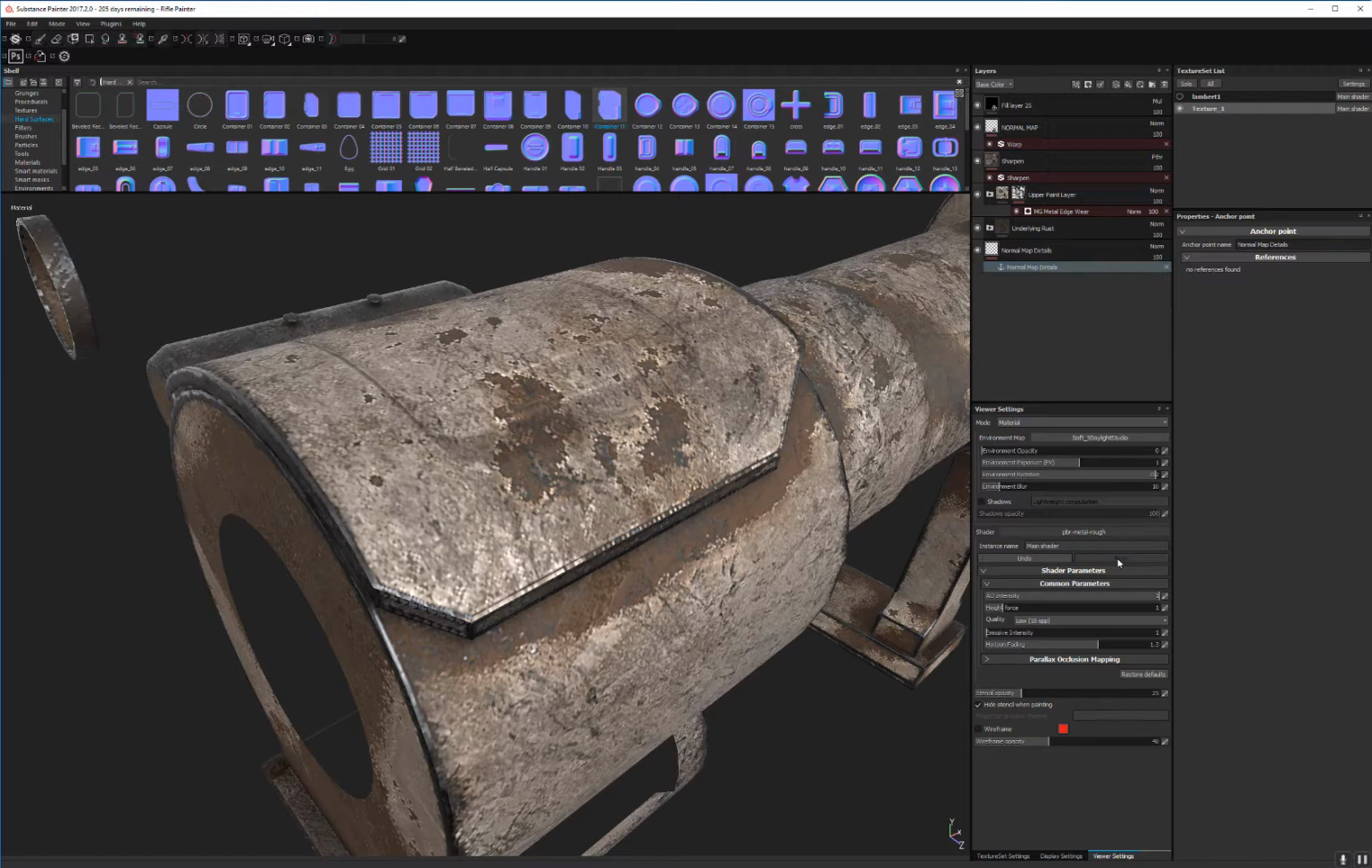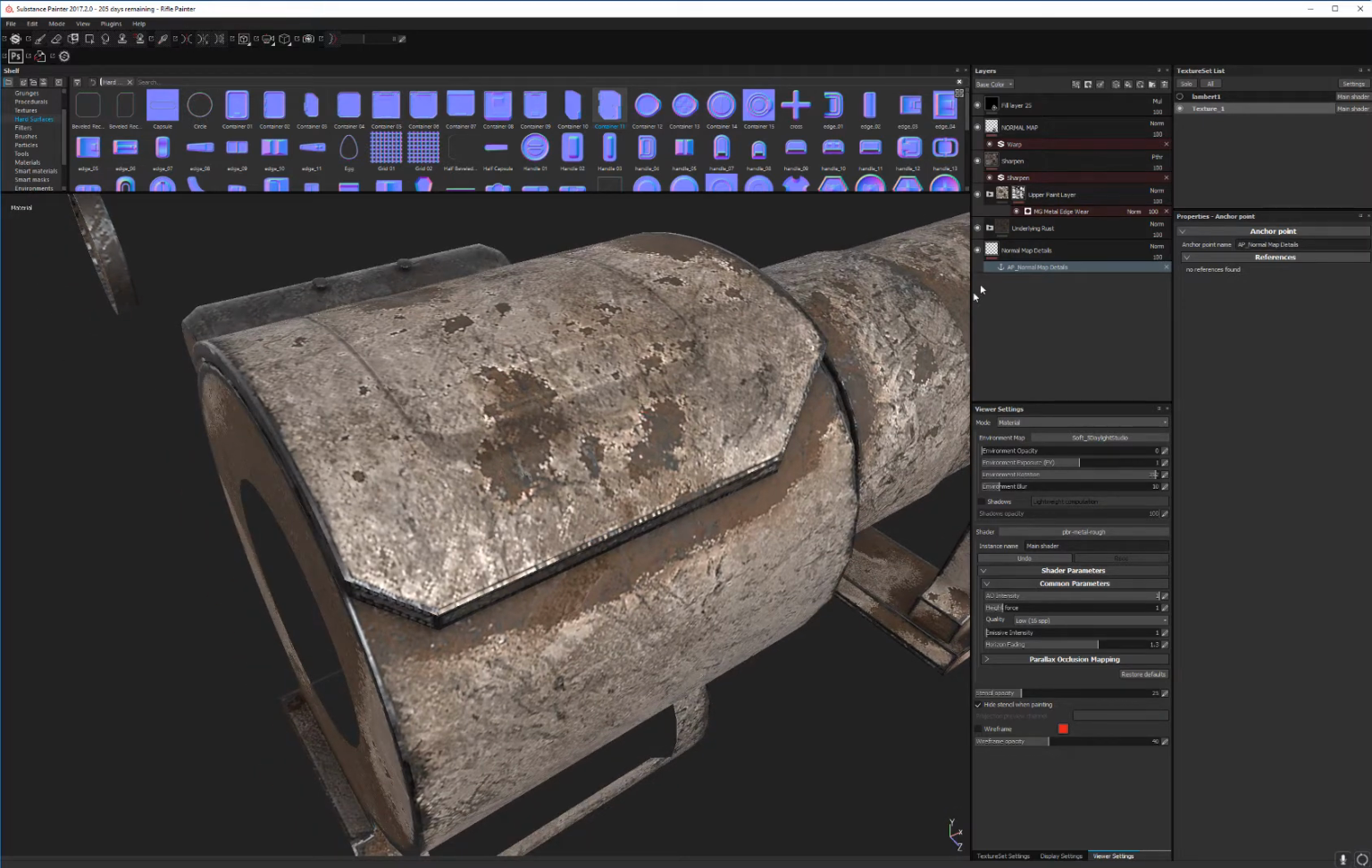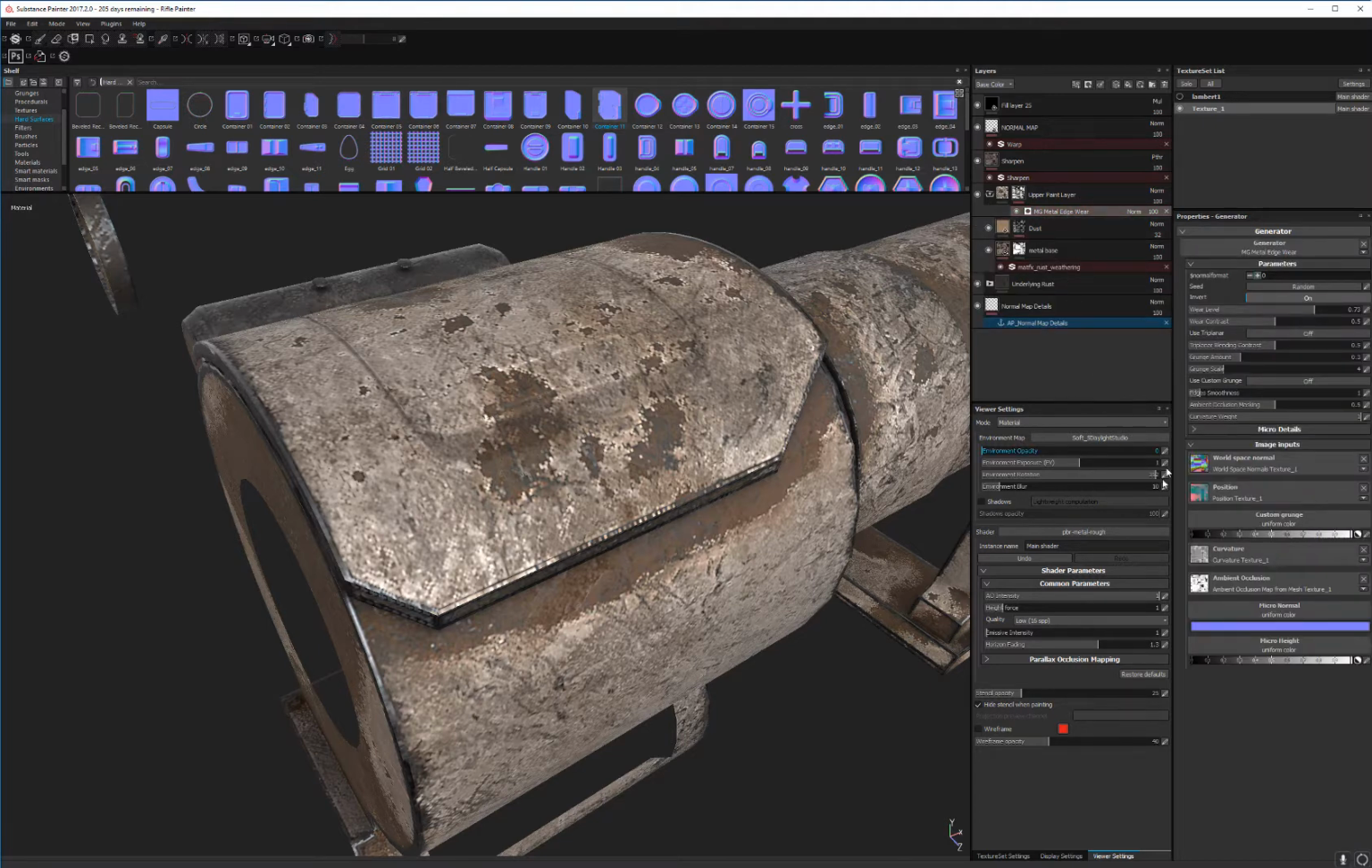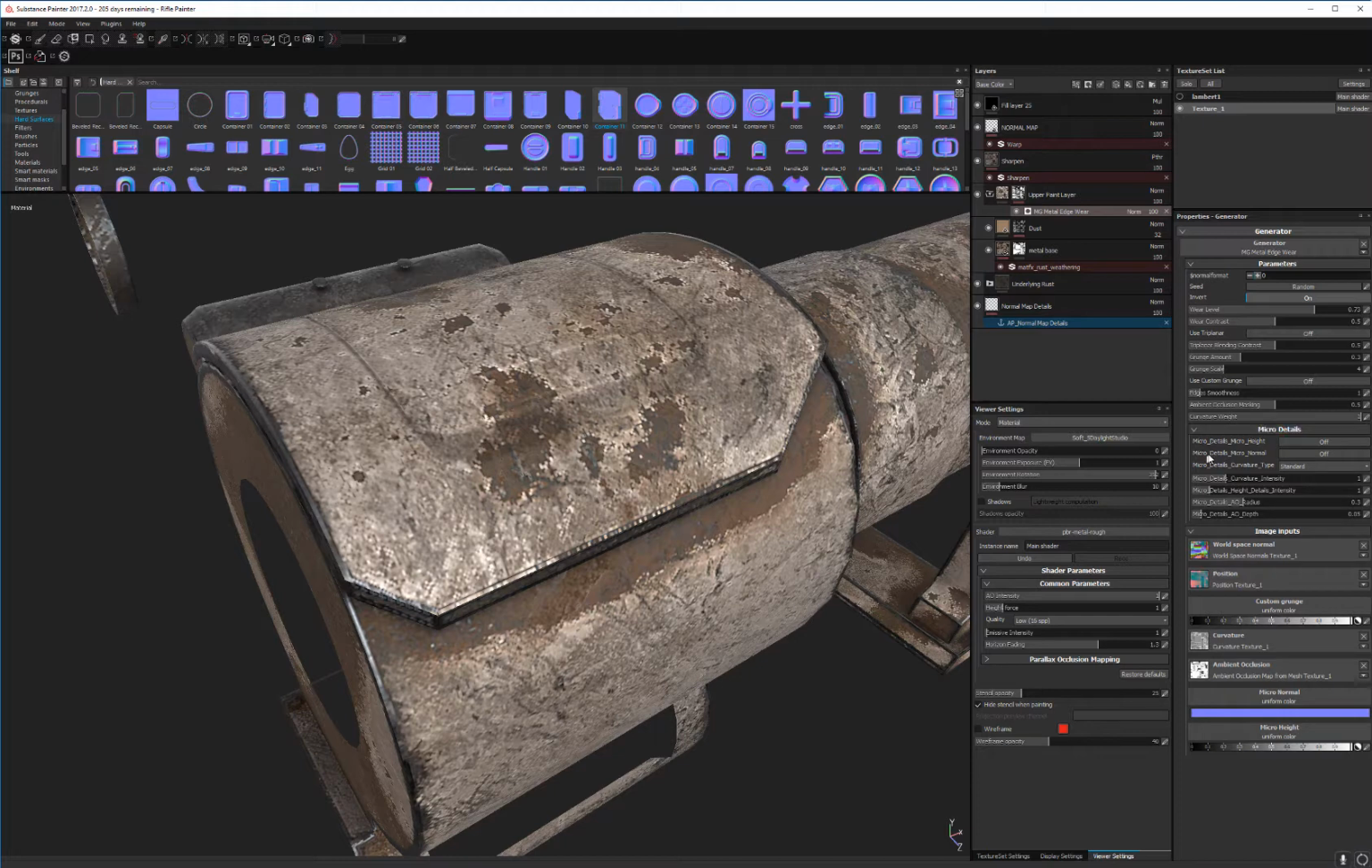So click right at the bottom, add anchor point. Call it something appropriate, so maybe AP underscore anchor point. You could call it vent, whatever you want to call it. So we need to tell the generator to utilize this particular anchor point. So click on the metal edgewear generator. We need to go into micro details, and you need to tell it that the micro detail normal is set to on. You need to also